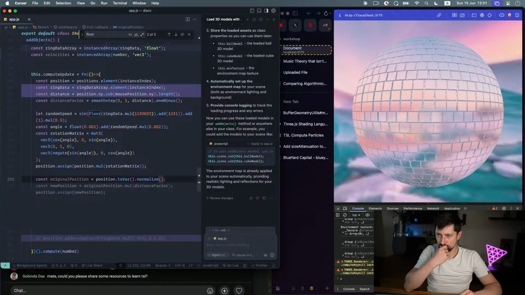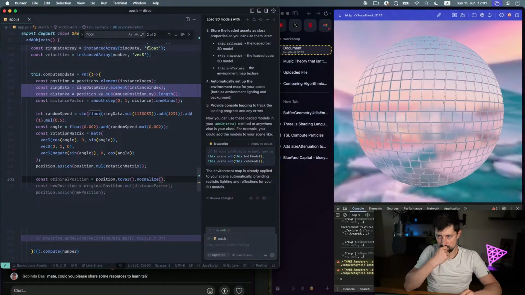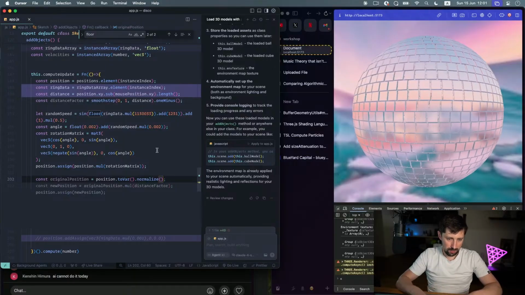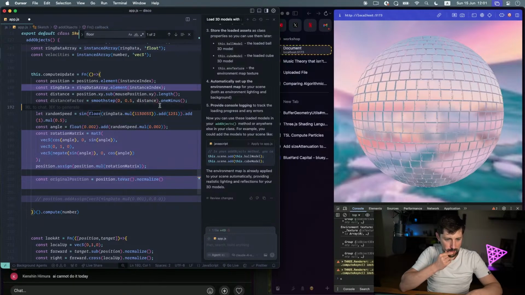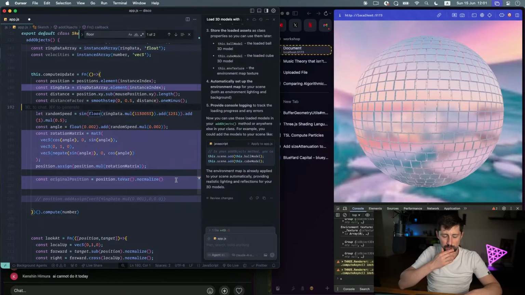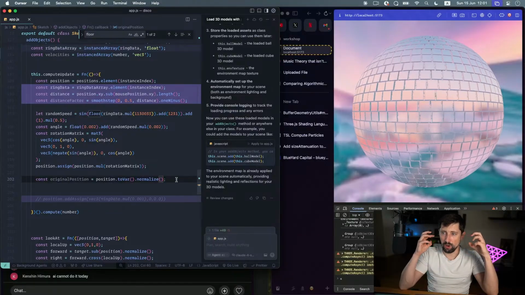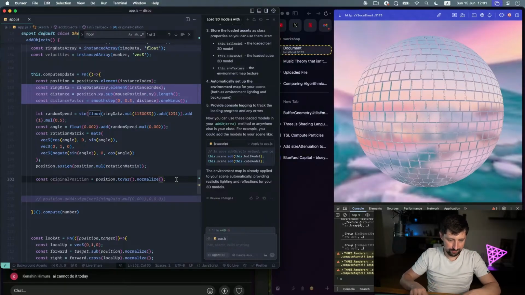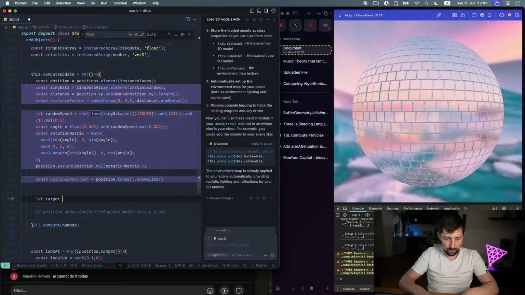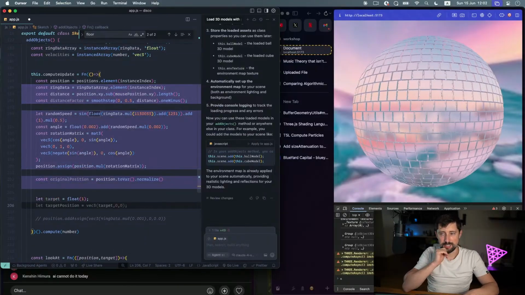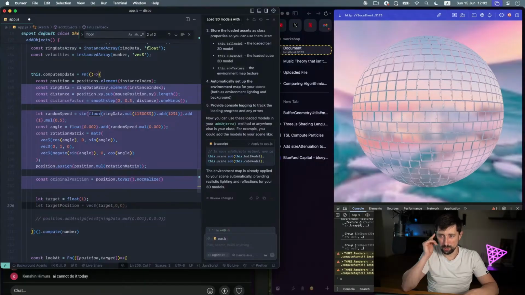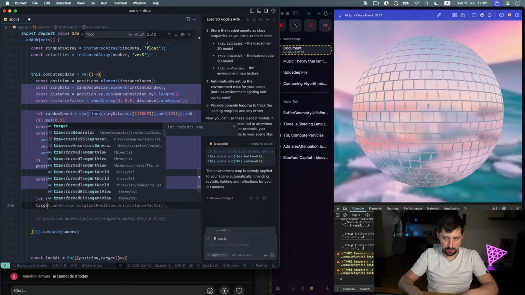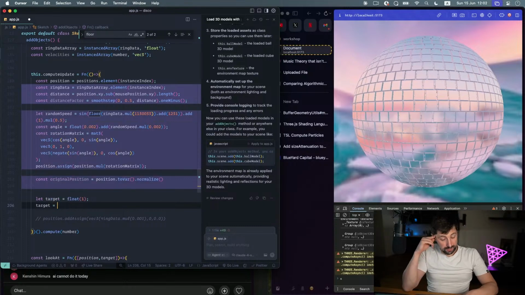So I have the original position. Now I have the distance. I have the stuff, maybe, I don't know, 0.5 at least. Distance factor. And now what I want to change is kind of the radius of the objects when they are close to my mouse. So I'm going to create the target, which is going to be radius 1. And if the mouse is closer to the target, it should be bigger. So target equals,